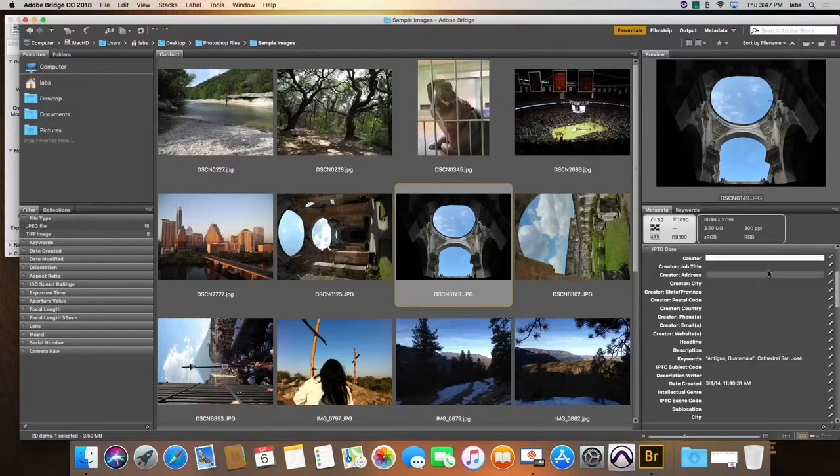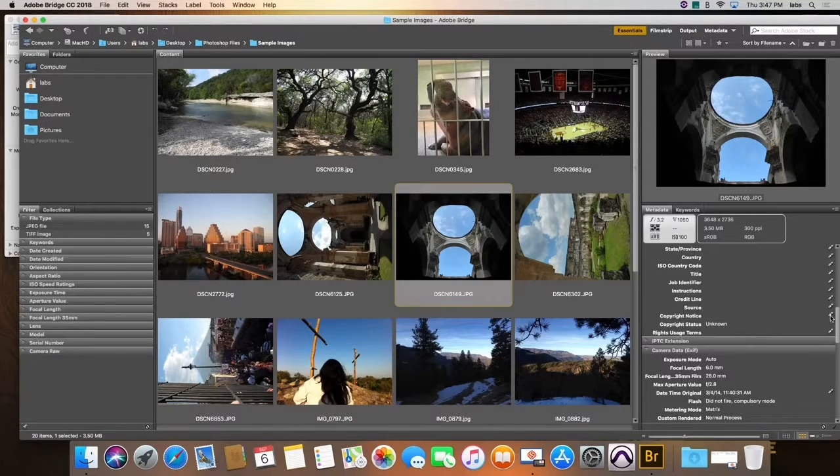And all of these fields that have what I think might be a tiny pencil next to them, you can modify. So in here I have this image tagged Antigua, Guatemala, Cathedral San Jose. So if I were to go to my computer and search San Jose, I'm going to pull up this photo in that search. Like I said, if you're working with a number of images going forward, this is really key to do early on. You can also add copyright to your images using Bridge, which is great if you are putting original work online on a website of some kind, so that if someone